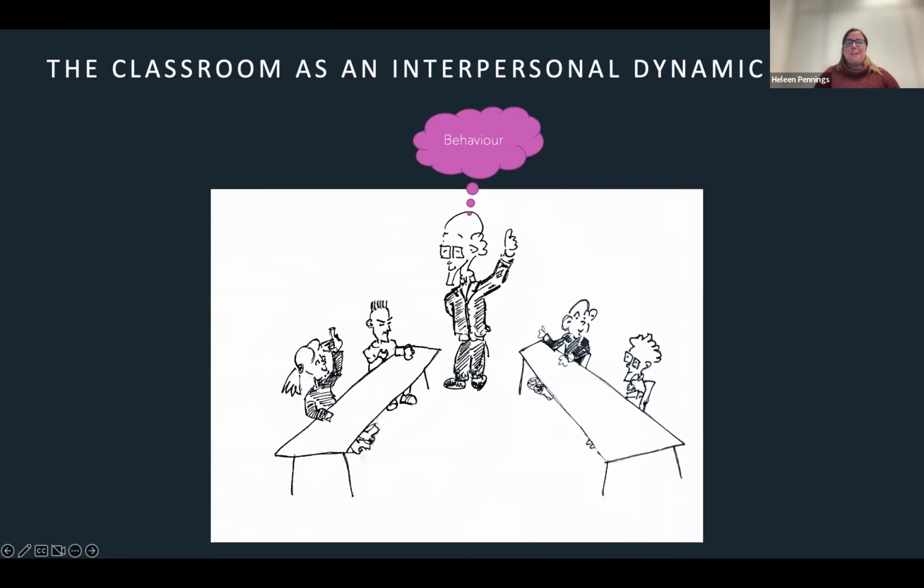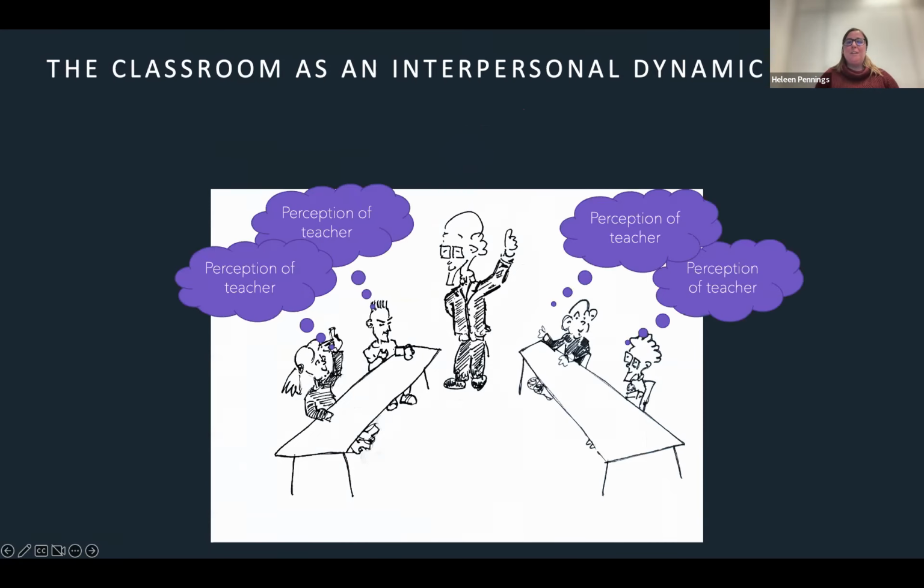It started from a group which studies interpersonal theory, interpersonal communication. A lot of how this works is that the teacher behaves in a certain way in front of the classroom. Based on this behavior, students form an opinion, a perception of this teacher, based on their behavior, but also on how they are themselves, so what they find nice or not nice. The interactions that follow are a continuous action-reaction sequence. In the next slide, I will have an example of this.